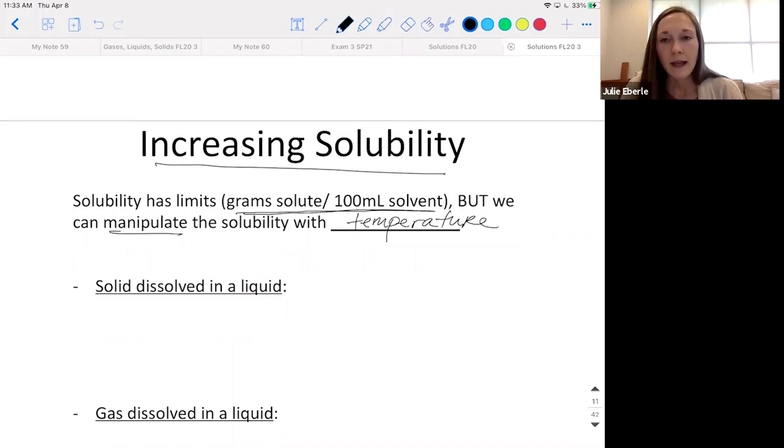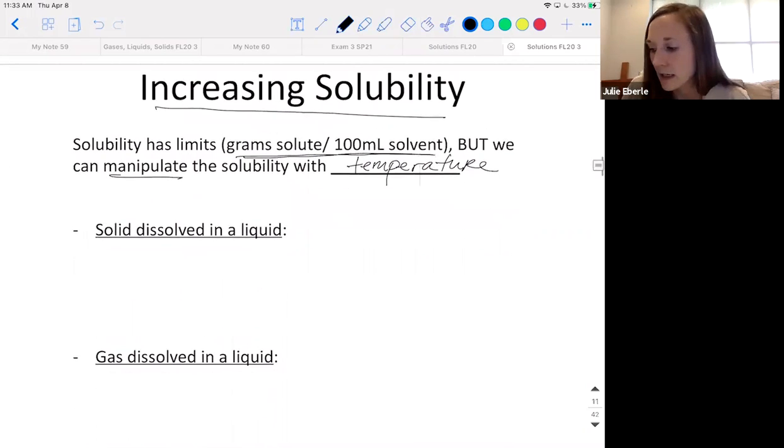All right. However, this depends on what your states of matter are. So if you can see we've got two different kind of bullet points underneath this. If you have a solid dissolved in a liquid, the guideline is going to be how you manipulate is different than if you have a gas in a liquid. So let's take the example of